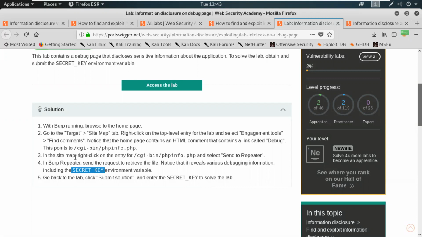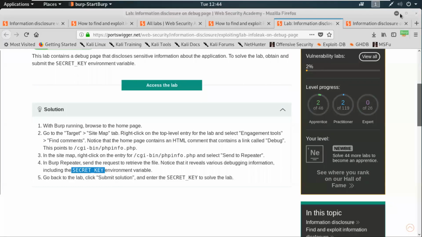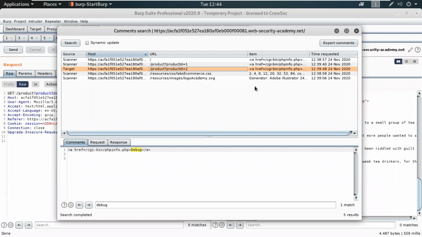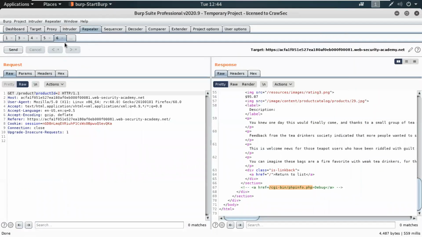Okay, so in the sitemap, right click on the entry for the feature link, select send to repeater. We have already done the Burp Repeater and the request to retrieve the file. Notice it will be giving some basic debugging information, including the speed of debugging. But we didn't find any secret information. We are doing the same thing. But we didn't find any sensitive information like this.